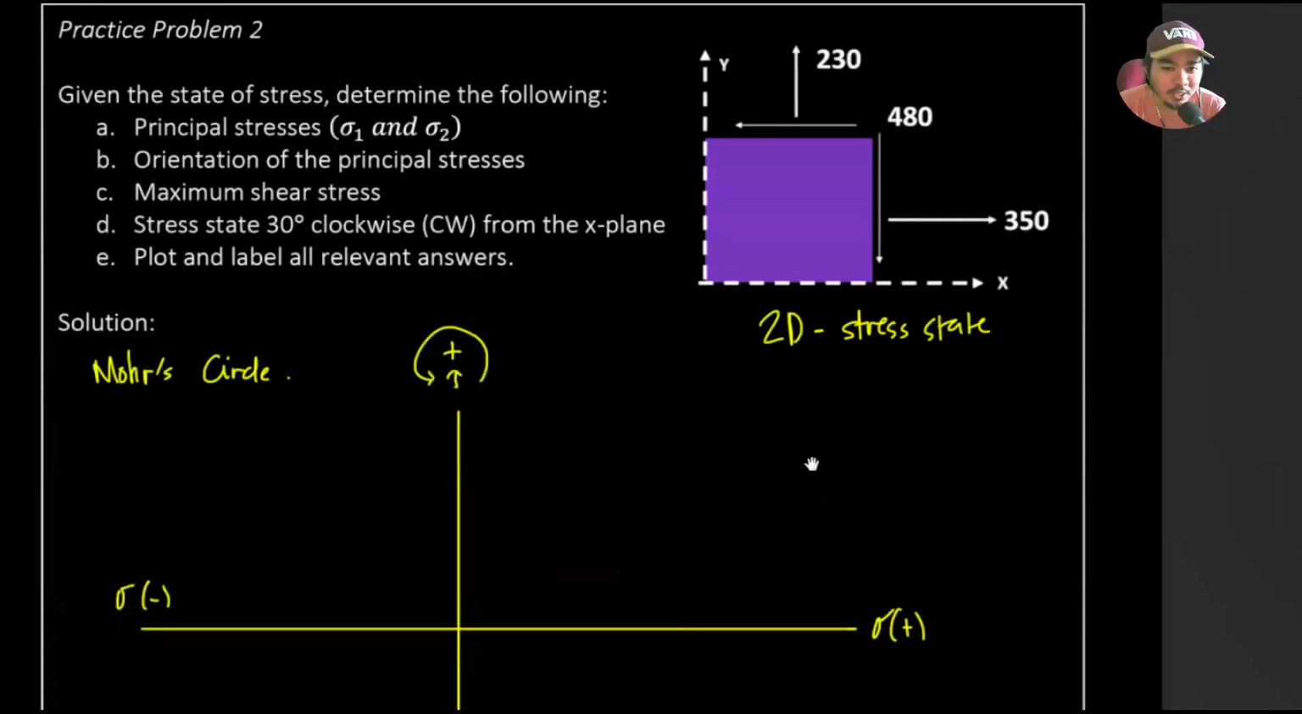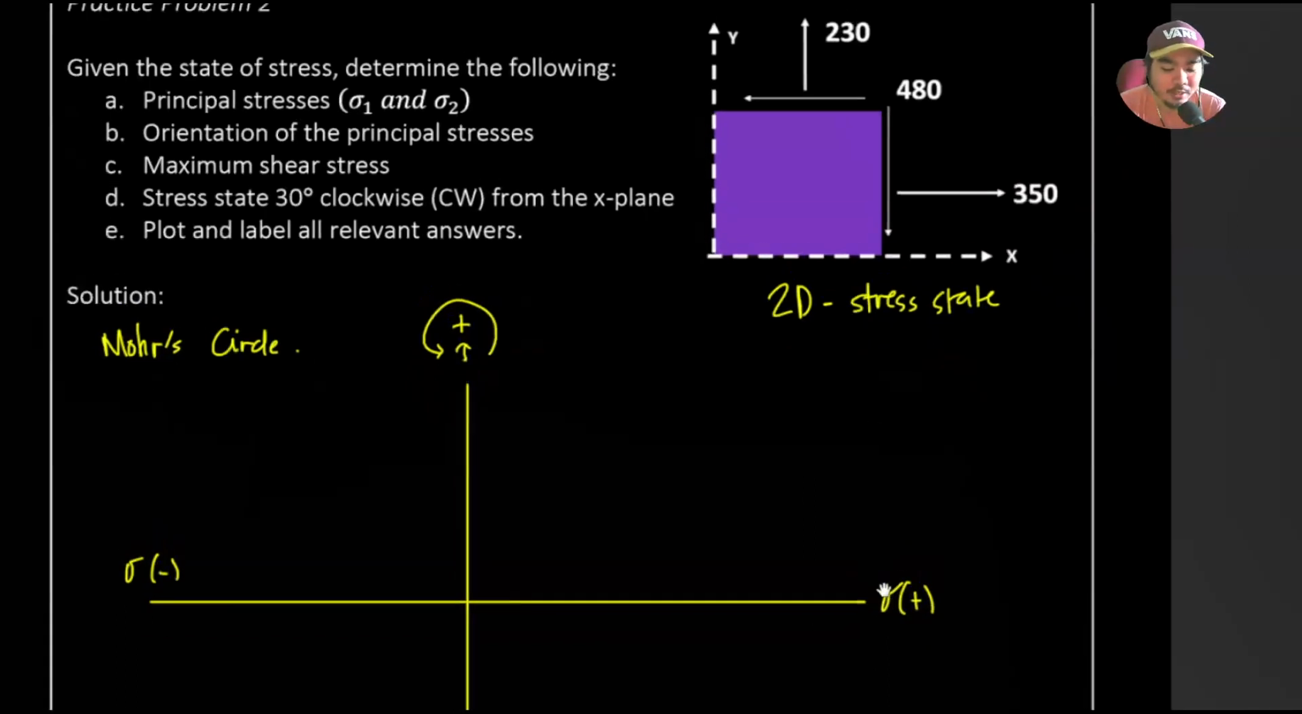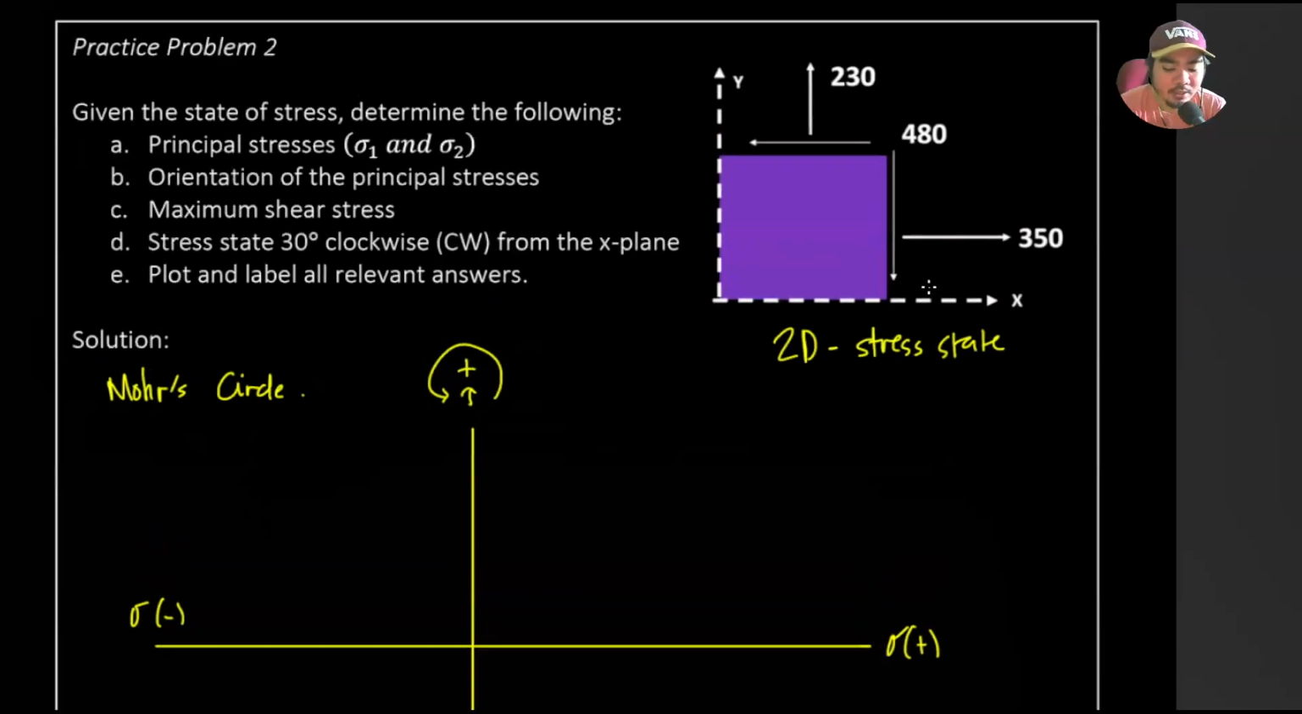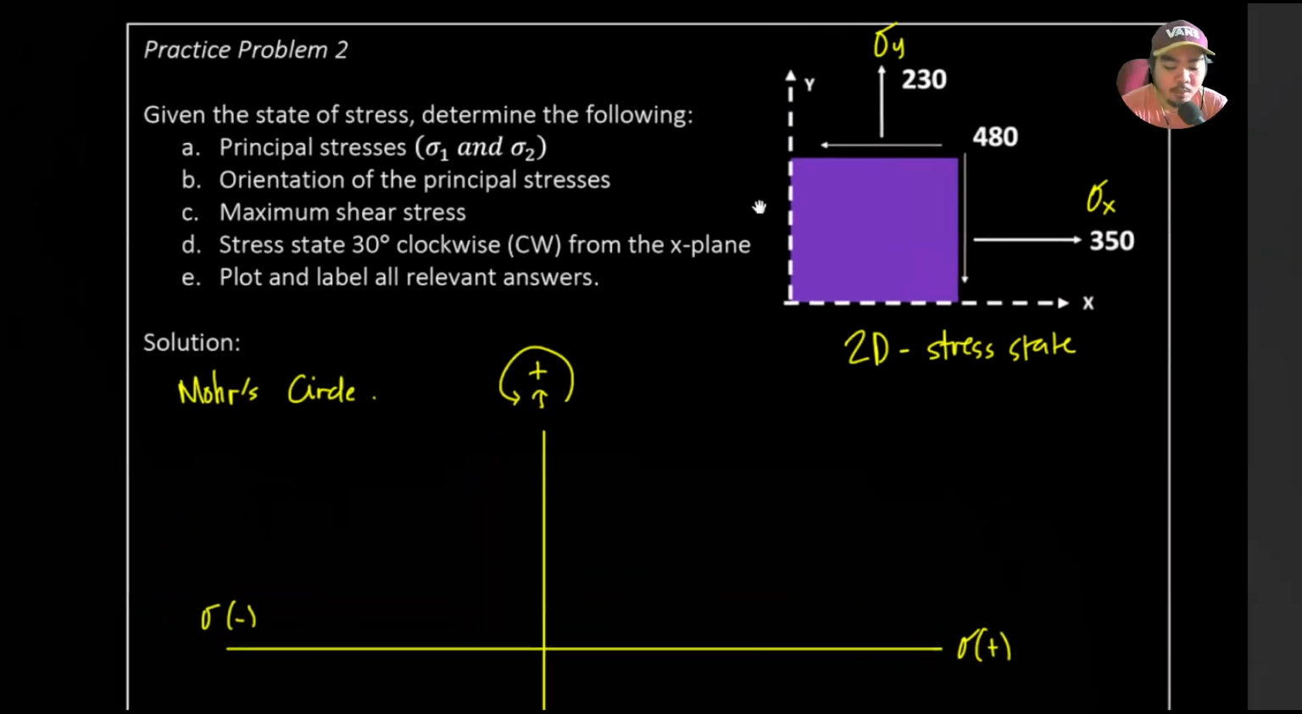we set up coordinates. Okay? The first coordinate we set is sigma, and we set this as sigma x. This is sigma y. The assumption when we talk about stress states is that everything is in equilibrium. Right? So if it's in equilibrium, if you have a sigma x of 350 here, there is actually an opposite force of 350 on the other side too. And these are positive values. Positive because